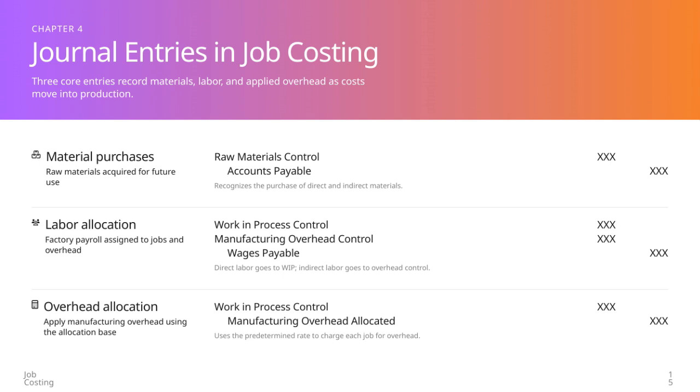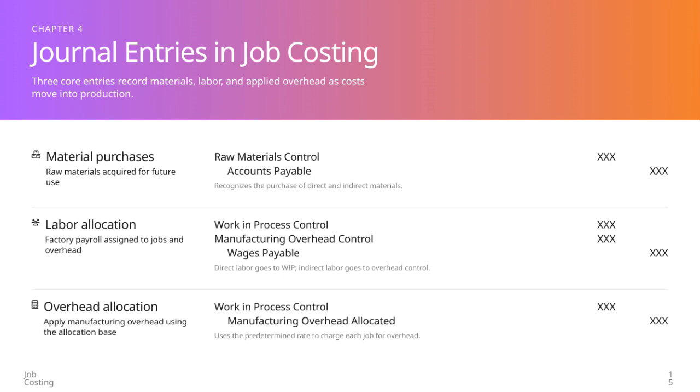Next is labor allocation. Factory payroll is divided between direct labor, which is charged to work in process control, and indirect labor, which goes to manufacturing overhead control. The corresponding credit is made to wages payable. Finally, overhead allocation applies manufacturing overhead to jobs using a predetermined overhead rate. We debit work in process control and credit manufacturing overhead allocated. This step ensures each job absorbs a fair share of overhead costs. Together, these journal entries provide a clear, systematic way to track costs as they enter and move through the production